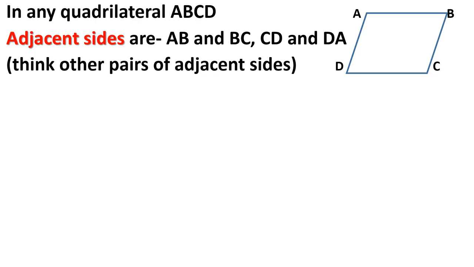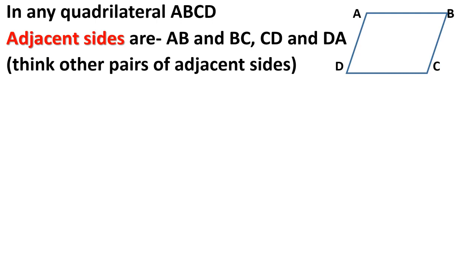Okay, here I have written AB is adjacent to BC. AB and BC are adjacent. You can write down AB is adjacent to AD also. When we are writing AB is adjacent to AD, then vertex A is common. So we want one vertex common. Okay, so either you can write down AB and BC, this pair is adjacent, or you can write down AB and DC. This pair can also be adjacent.